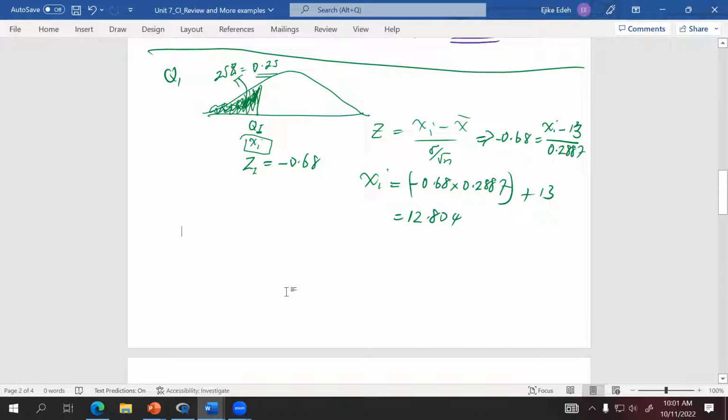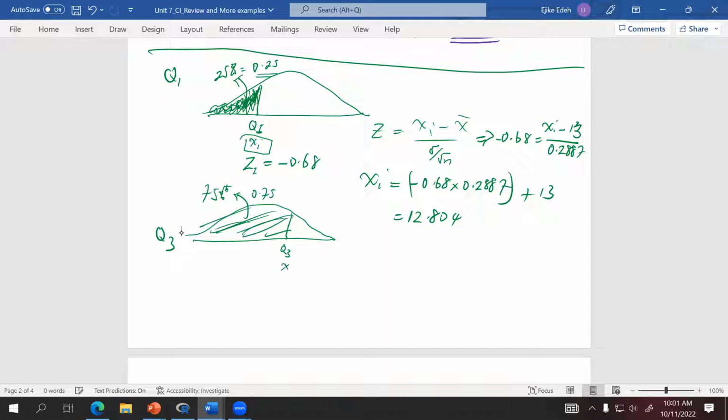Let us know, please, if you get a different value. So that is Q1, and then Q3, of course, will be the area shaded to the 75th percentile, right? We know that the area bounded by Q3 is 50%. So this would be 75%, right? And that is equal to 0.75, right? So to find the data point that is there, we need to find the Z value that is